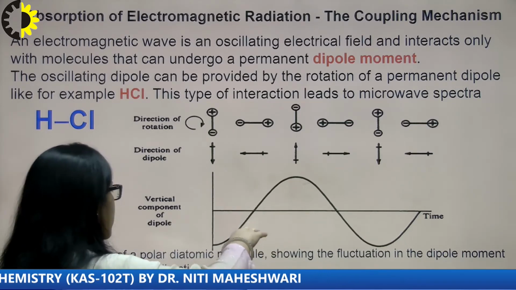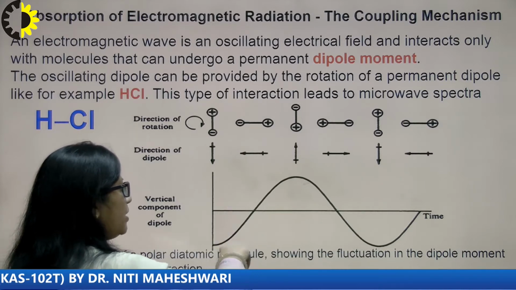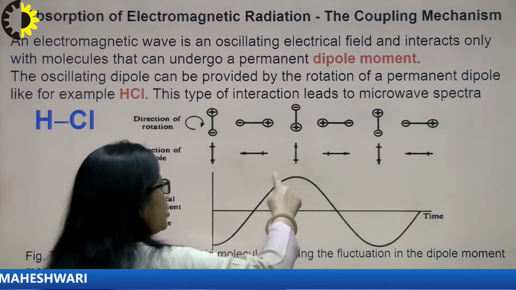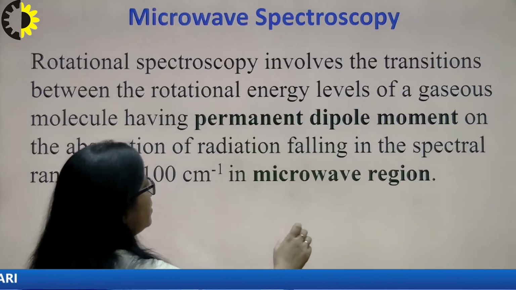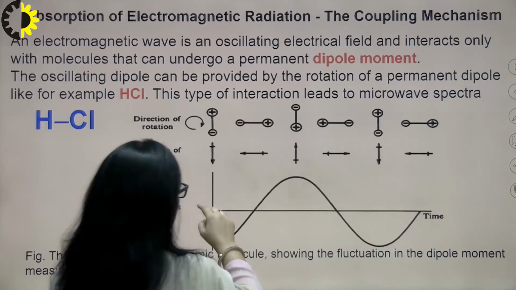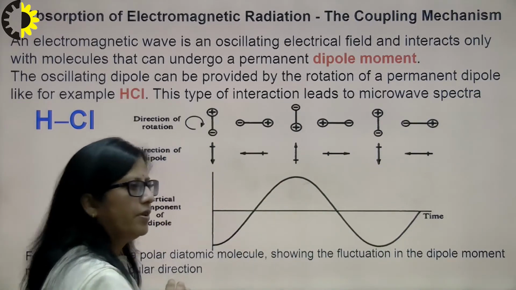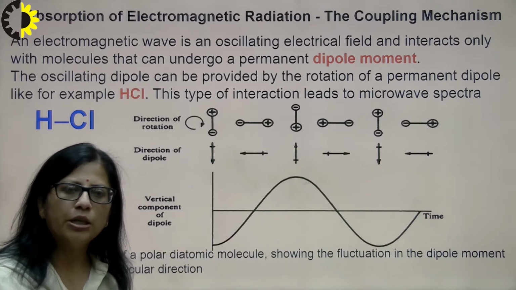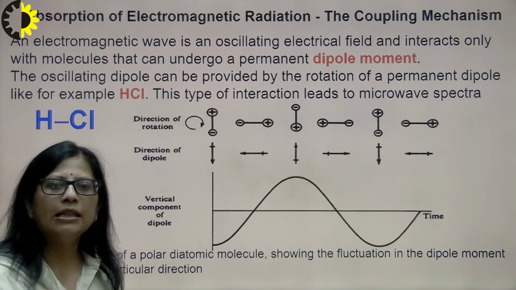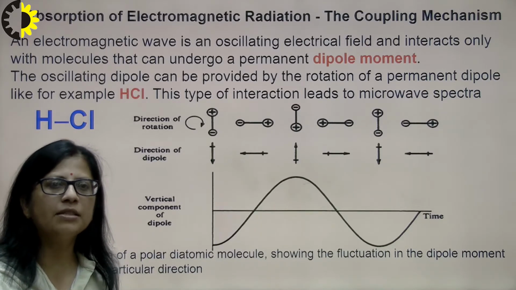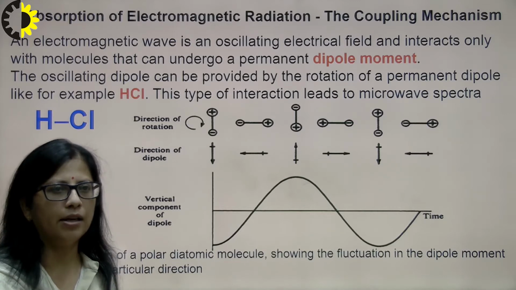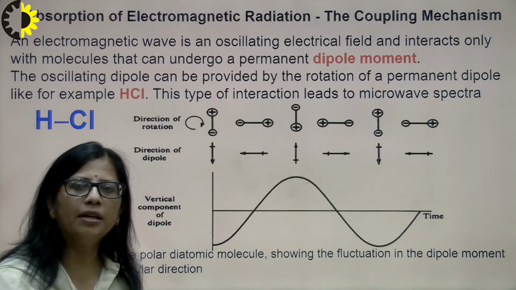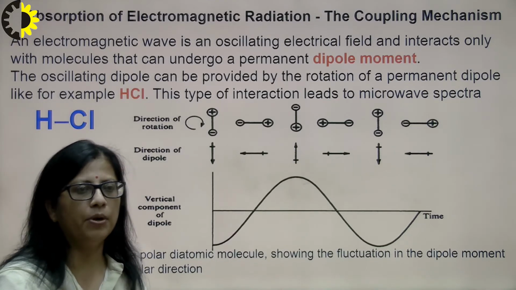of the dipole moment will be measured in a particular direction. The component of the dipole with respect to time, we are going to observe the crest and the trough. Here we are observing the crest and the trough. So, the rotation of the polar diatomic molecule shows the fluctuation in the dipole moment, measured in a particular direction. Now, this oscillating dipole can be provided by the rotation of a permanent dipole, for example